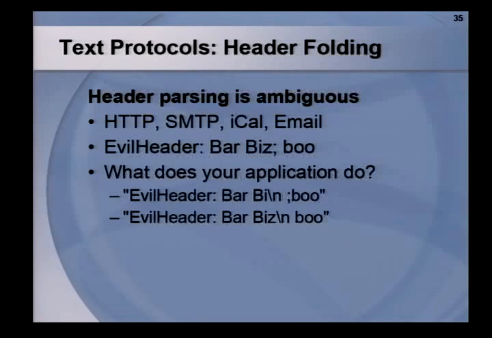Well, a number of different applications handle how they break apart the lines and how they put them back together differently. There are a couple of broken email clients that send what's supposed to be the header, the evil header, and what you see on the screen is bar biz foo. What they're supposed to see is that. A couple of the different email clients actually send it, breaking it across so it looks like what's on the bottom. If you note, the first one is totally broken. There's no Z in the biz. So there are a number of different implementations of clients and the resulting servers that just handle the header folding wrong,